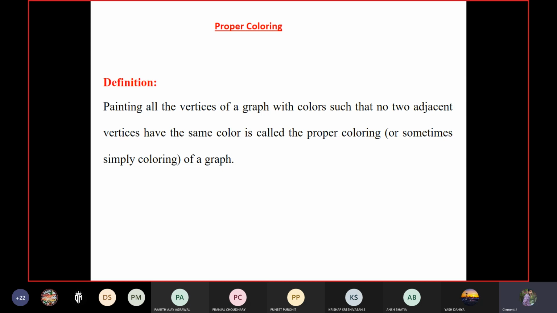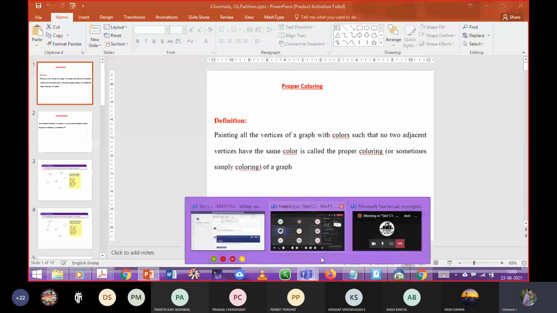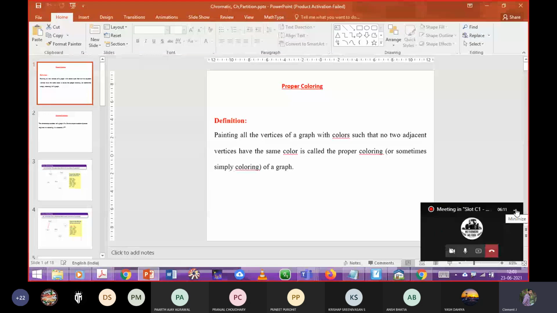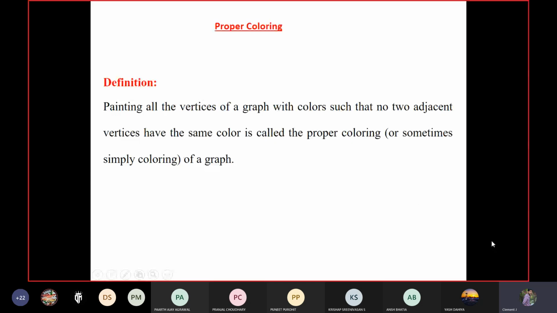Before that, to attain the 10 marks, we need to know some basic concepts related to it. Then only we will easily solve the problem. So first we can get into the topic, that is coloring. The chromatic polynomial comes under the topic coloring. So first we need to know what coloring is, and then we can enter into that. I can quickly complete this coloring and other things within 5 minutes, and then we can enter into the 10 mark problem.